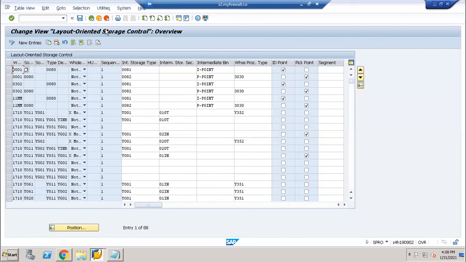Here we have to define a particular intermediate zone. This zone should contain an intermediate storage type, storage section, and storage bin, followed by the ID point, which is the source, and the peak point for the destination. ID point is applicable at the source, peak point at the destination.